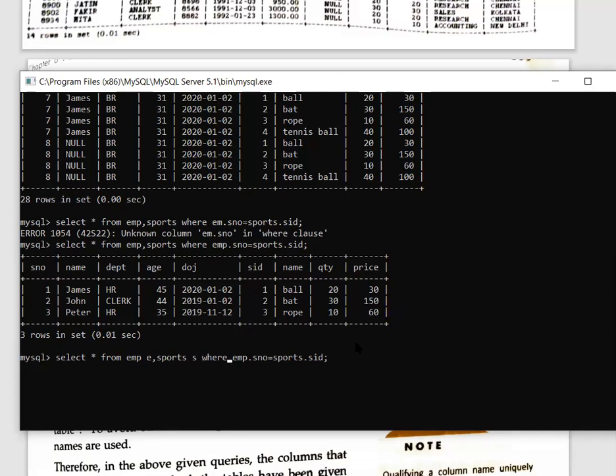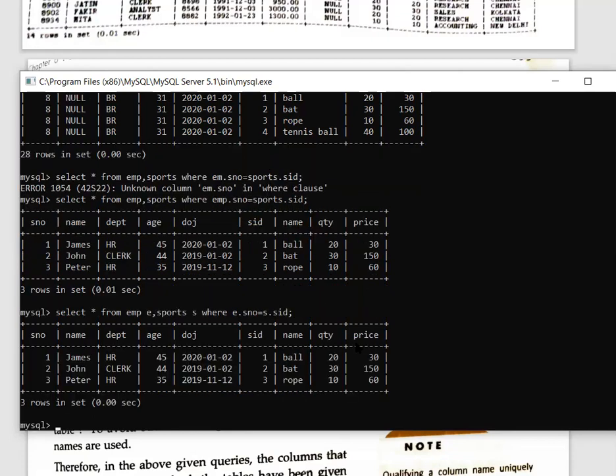Now what is the meaning of this? Instead of EMP dot serial number, you can write E dot serial number. Similarly, for sports dot SID, you can write S dot SID. So basically what you are doing here is creating an alias, and then you can use that alias. Creation of an alias is actually very common.